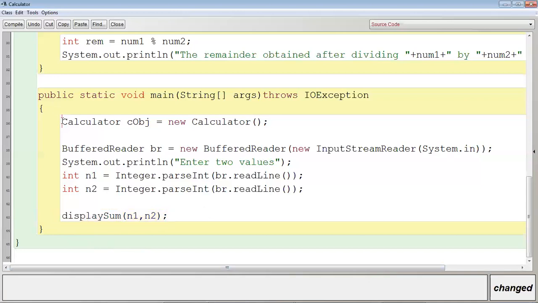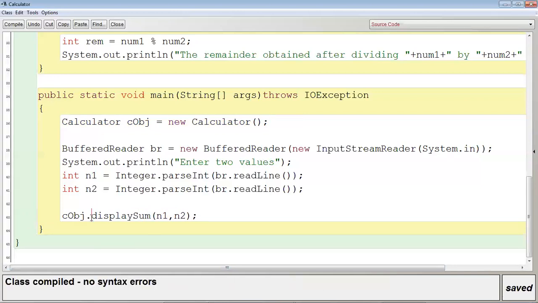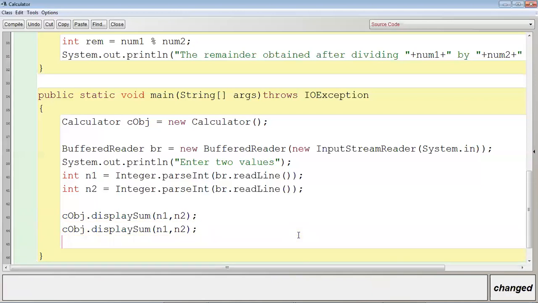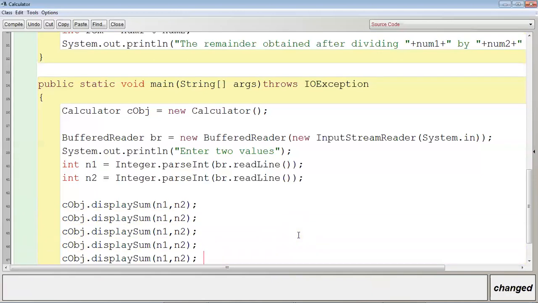That is the reason why we have created the object of the calculator class, cobj. So I will have to write cobj dot. Now we will not get any error, no syntax error. Okay, then let me copy this: addition, subtraction, multiplication, division, remainder finding.